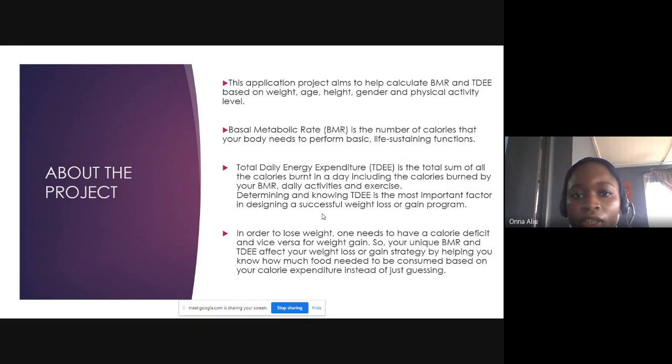just doing nothing. While your TDE, your total daily energy expenditure, is the amount of energy you burn. That's your BMR, the energy you burn doing nothing, and then the energy you burn carrying out your daily activities. If you're a very active person, your TDE will be higher than someone who has an office job and just sits all day. So this app shows the relationship between your basal metabolic rate and your TDE so that you know how much you burn. So in case you want to either gain weight or lose weight, you can know how